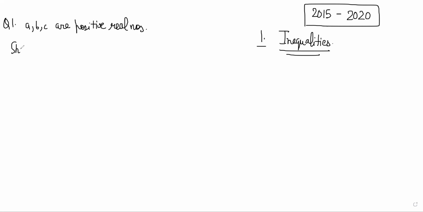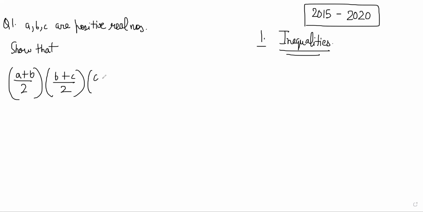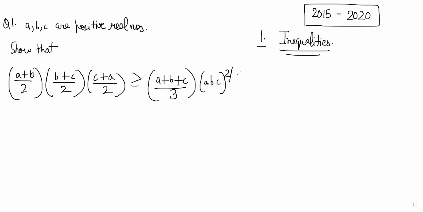Show that (A plus B by 2) times (B plus C by 2) times (C plus A by 2) is greater than or equal to ((A plus B plus C) by 3) times (ABC) power 2 by 3. This is one. Then the second one is